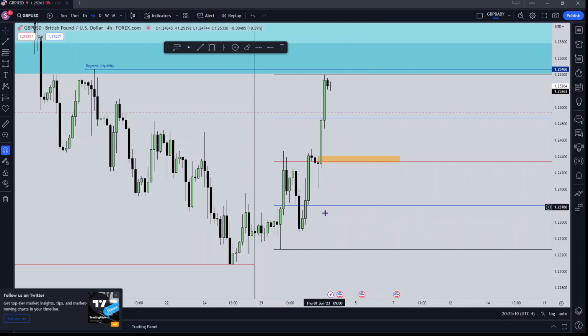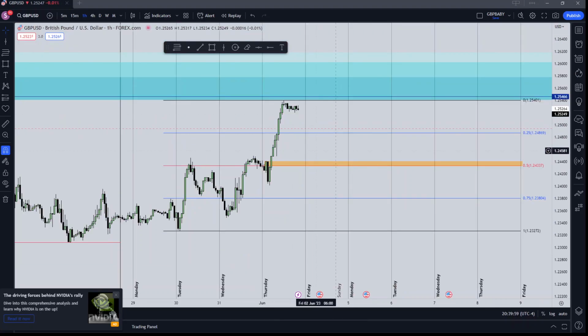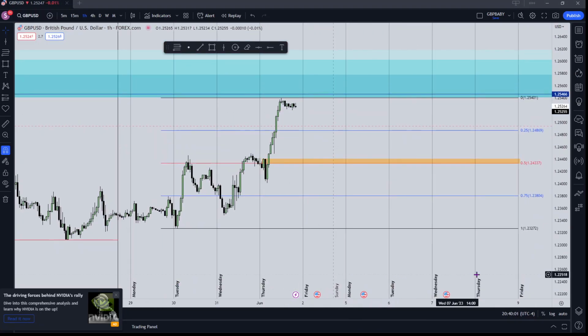and I should probably draw my daily dividers. So I'm going to add some daily dividers, and I'll be right back. So I've added my daily dividers, as you can see along the bottom, and I've looked at the complete range